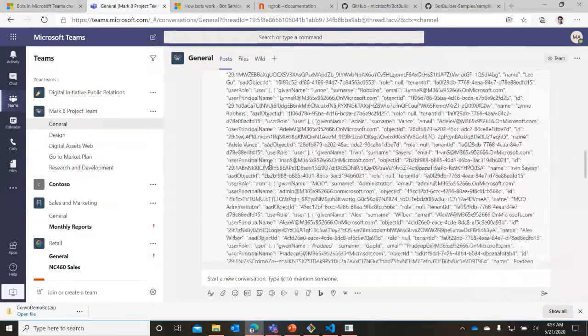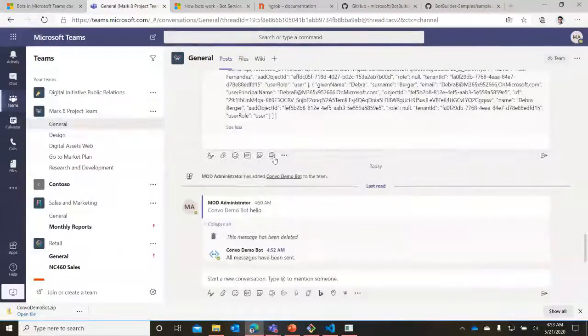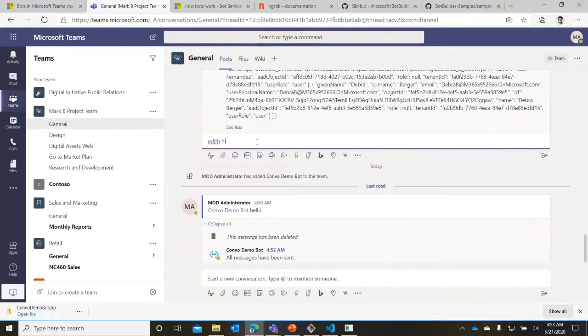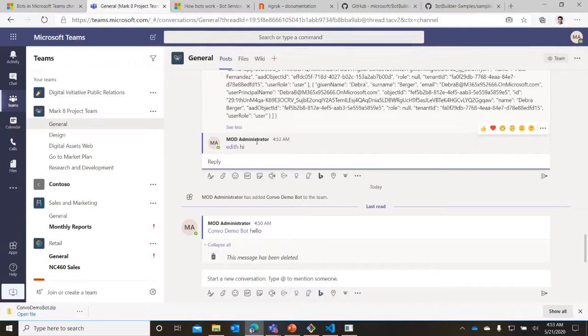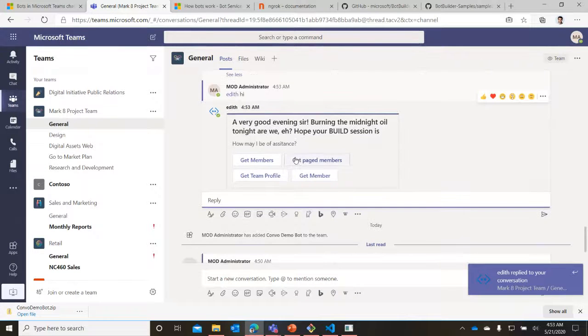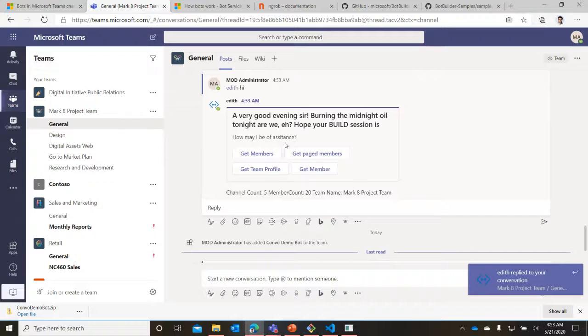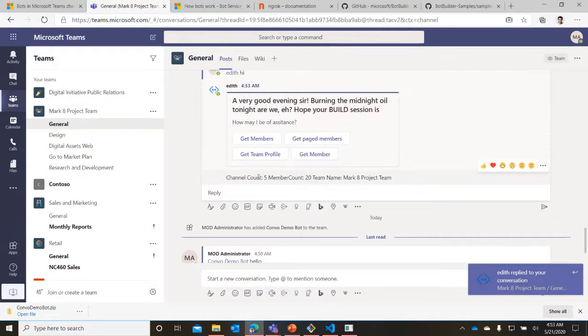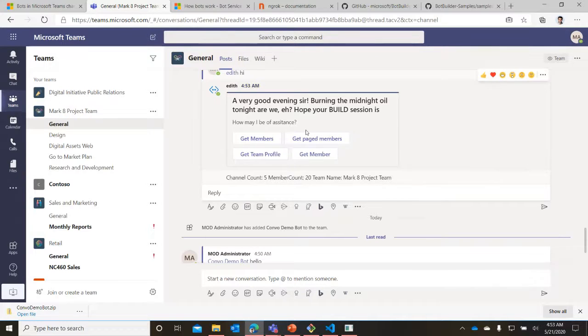So over here, let's say hi, and you can see it can get the team profile. So we're using the team profile. The bot has access to APIs where it can understand the team profile. In this particular team, I've got 5 channels, I've got 20 members, and I've got the name of the team. I can also get information about all the members,